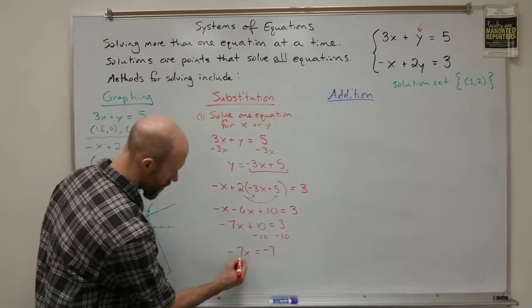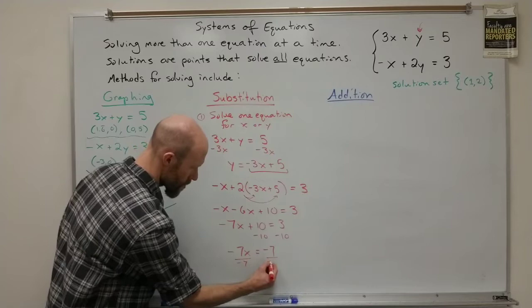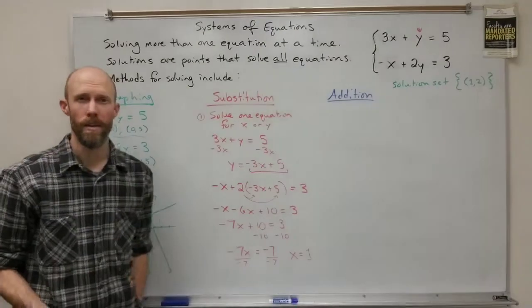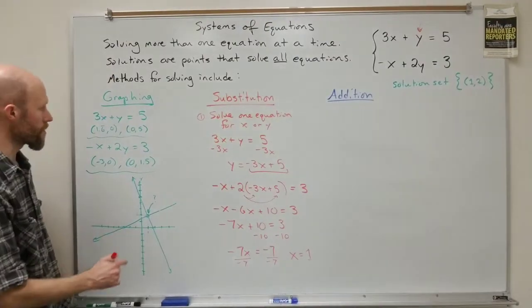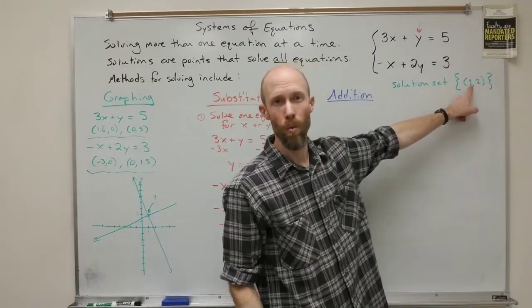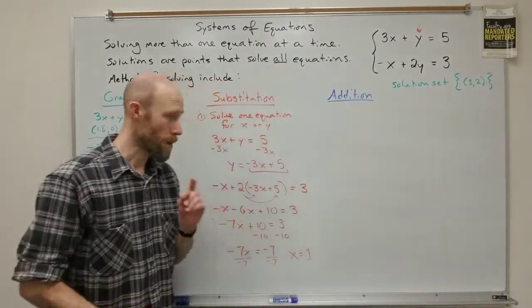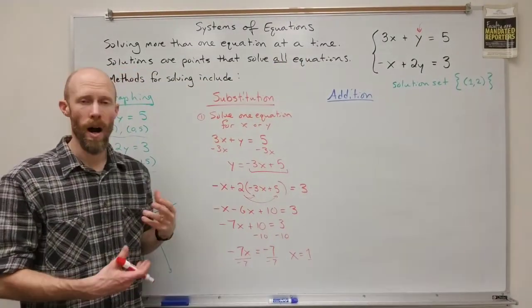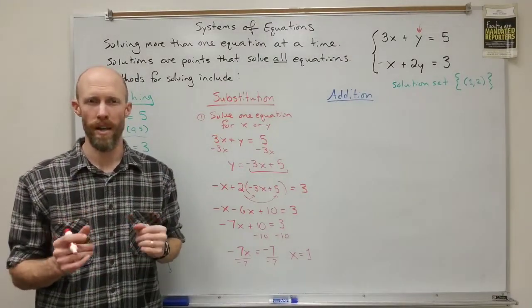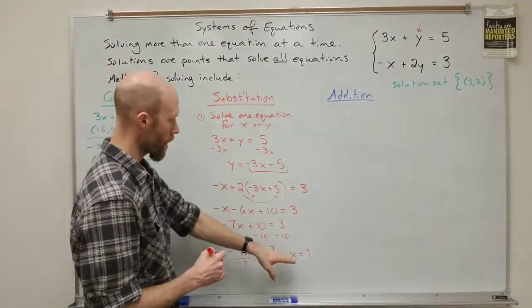Well, that's kind of nice. If I divide out the negative 7 on both sides, I'm going to get an x value of 1, which corresponds, really is the word, with the 1 we found before. But I'm not done. I still need the y value. A solution requires both of the x, y in the ordered pair. So I'm going to go back and plug that in,